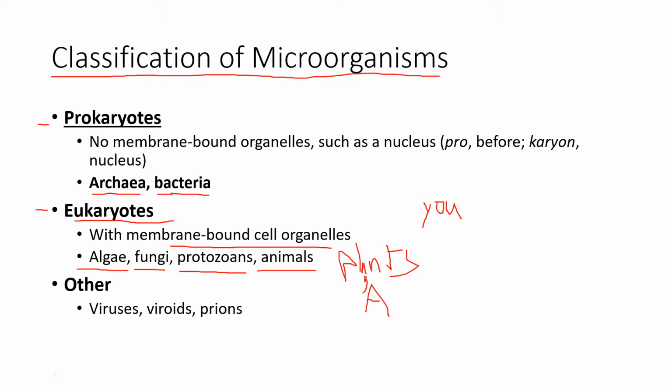Okay, now other viruses, viroids, and prions. We'll start with prions. A prion is just an infectious protein particle. It's not alive, it was never alive, and you can't kill it. You can burn it, you can autoclave it, it's not going to die. So you don't want to eat something with a prion in it. Mad cow disease would be an example, and we've got some really fun examples we'll talk about later.